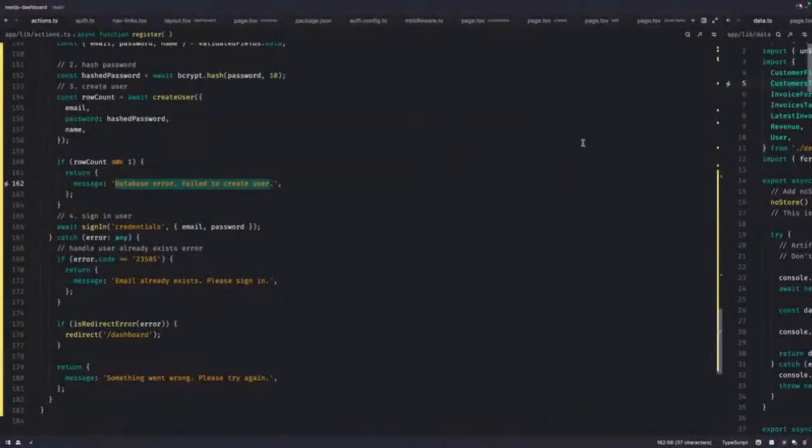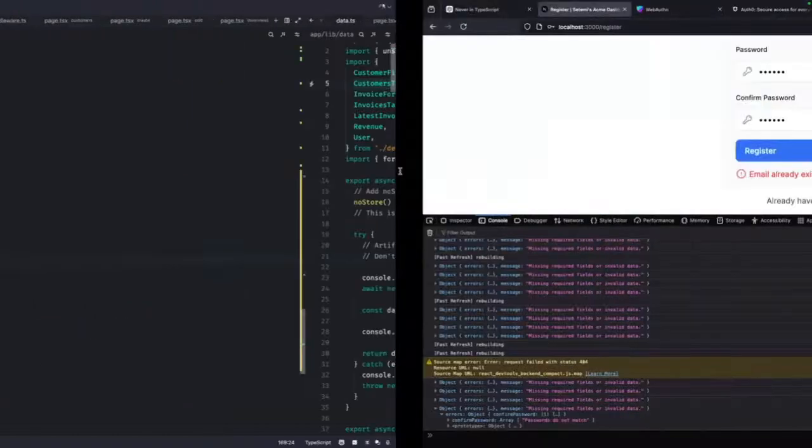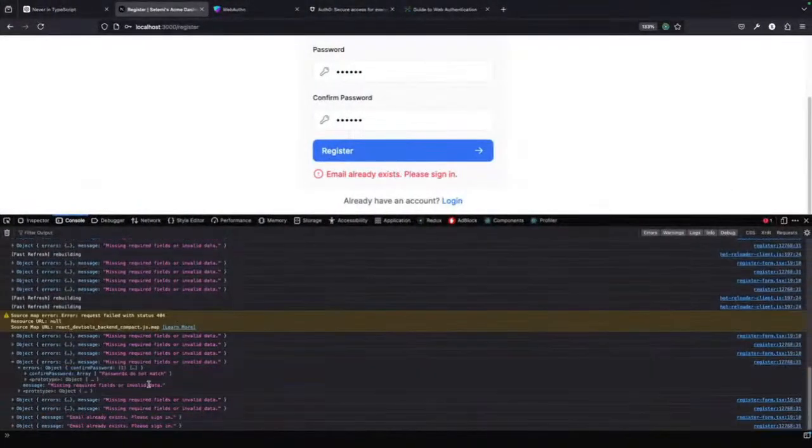So you can see this is the portion where we are catching that email exists. So here we're trying to say that if this operation, because this is an await operation now, if this operation breaks along the line, and the error code that was returned is 23505, then we are sure that the email already exists in the database. And again, when you check it, this happens on the client side.